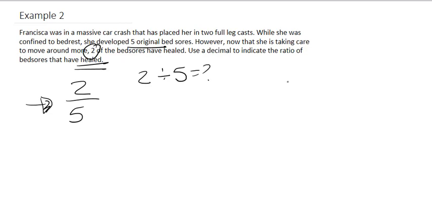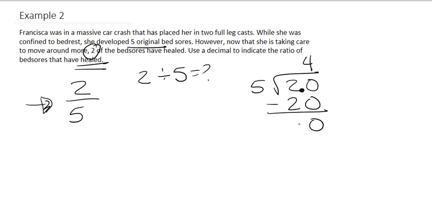So we have 2 that goes in the division symbol and then the 5 on the left of it. So now 5 can't go into 2, so we're going to need to add a 0 right there, and we'll put the decimal right there. So now 5 can go into 20, and it can go in 4 times, because 5 times 4 is equal to 20. So we would write that right here, and we would subtract, and we're left with 0 as a